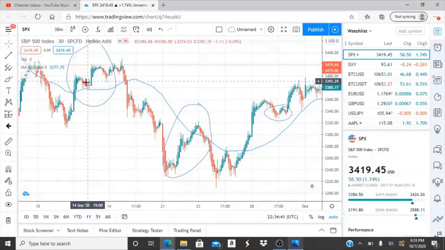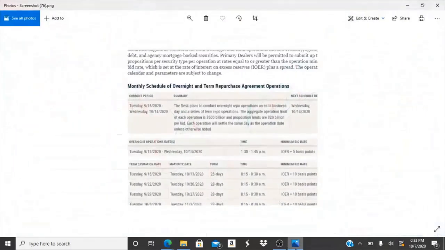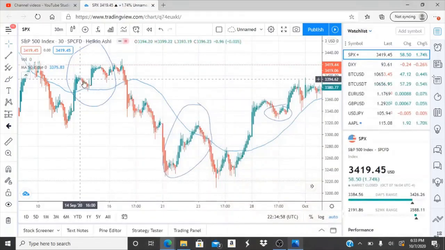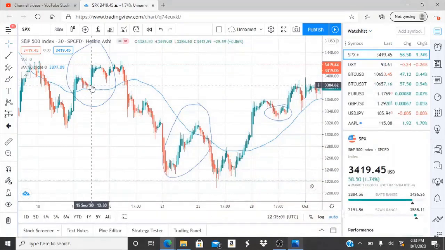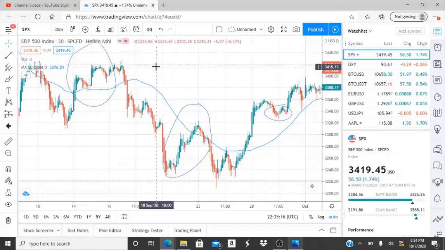But here we are with one of the first pumps in the scheduled dates. Since the last time they released this, on September 14th, the next one's coming up on October 14th, which is like a week from now. And on the 15th, they scheduled it. As you can see, this is the 14th, and the 15th is this big green bar, and it rose up. So on the 14th, we were at around 33.84, and it rose up to 34.20. I mean, that's 40 points risen on the S&P 500 index, and that's creating that catalyst for individual ticker symbols to rise up 30 cents to $3.